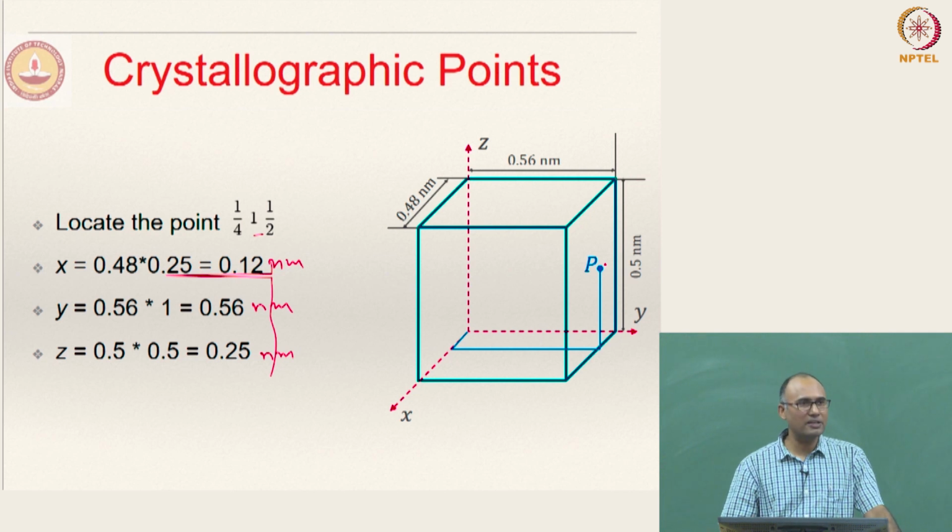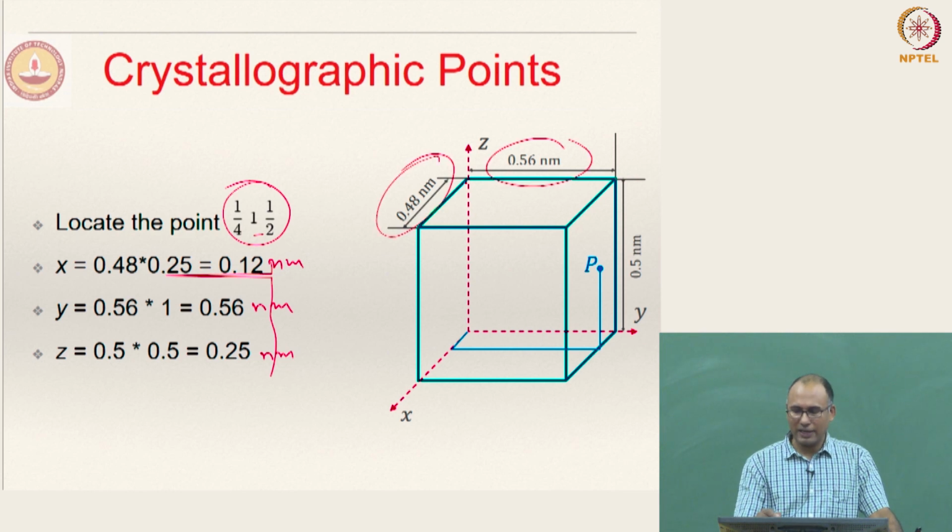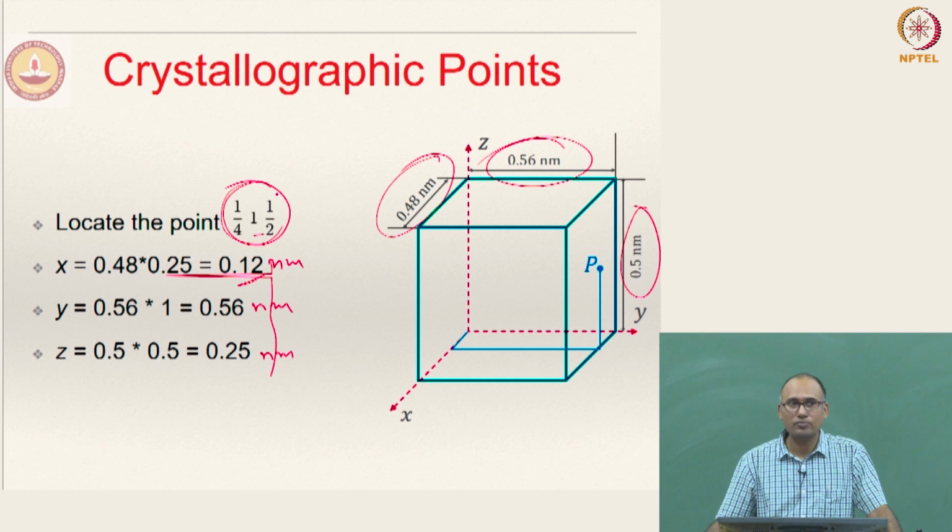It is pretty elementary, but it is important that we know how to represent it. Whenever you are reading a textbook or a research article, if somebody is talking about crystallography and they represent something like this, you should identify that they are actually talking about a crystallographic point, nothing else. Depending upon the lattice parameters, the actual values may differ, but this position is related to the fraction along the lattice vector direction.